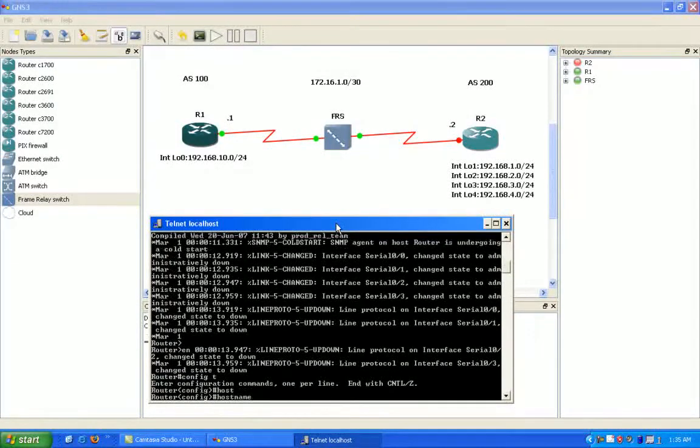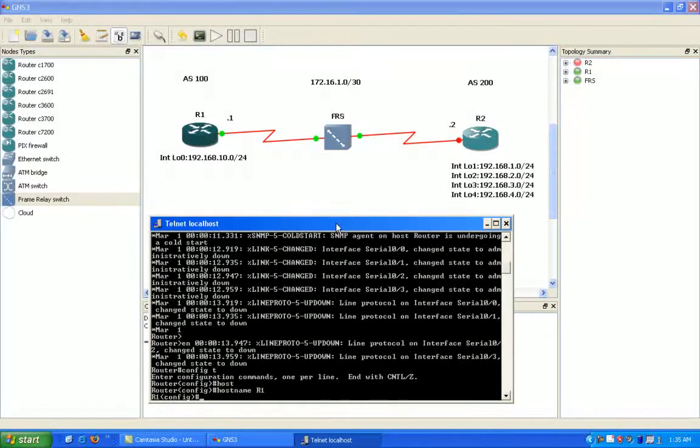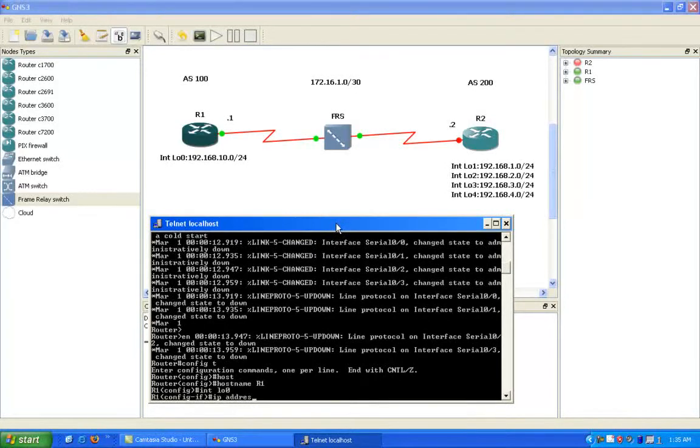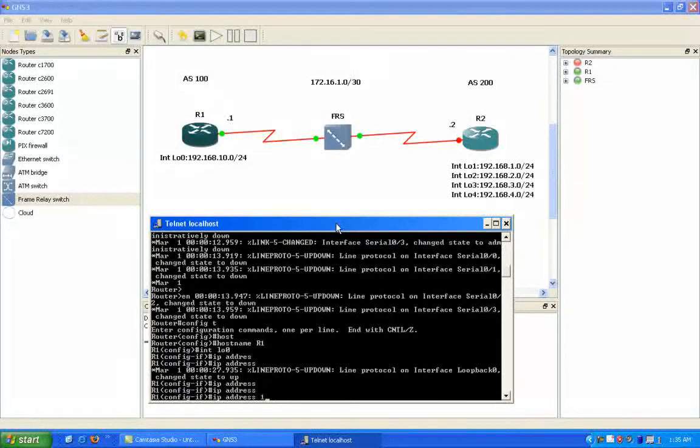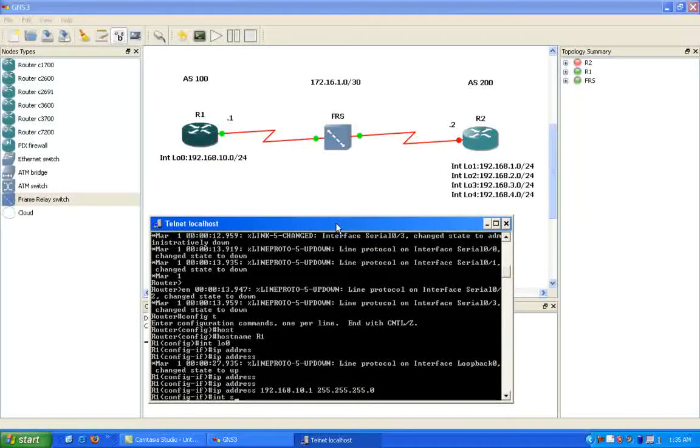We'll give router 1 the host name of R1. We're going to create a loopback 0 interface on R1. Give it the 192.168.10.1 IP address. We'll give it a /24 subnet mask,